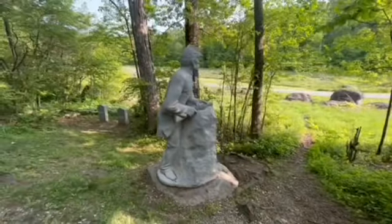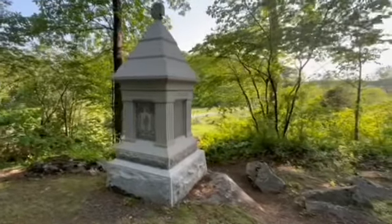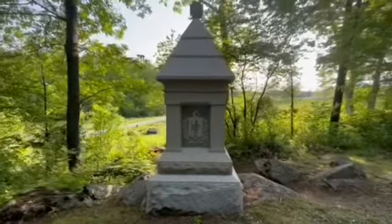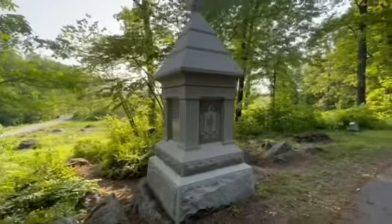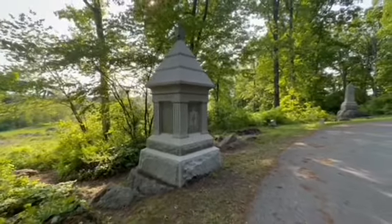However, as depicted in that photograph and also during the Battle of Gettysburg, this area was open. So when these monuments were dedicated at that time, their monuments and their markers were not in a wooded area. And again, we're back here at the 22nd Massachusetts marker,